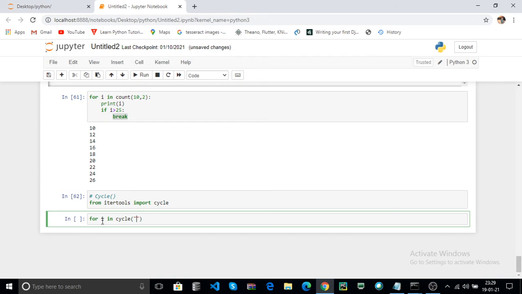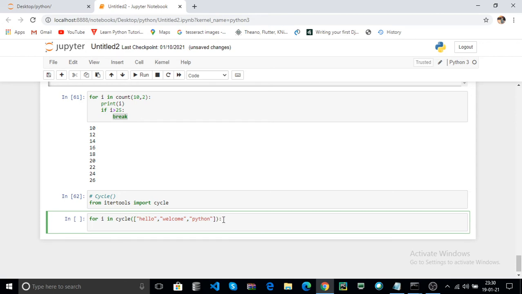For example, I use a list that contains hello as one string, welcome as another string, Python as another string. It is an iterable object, and print i.